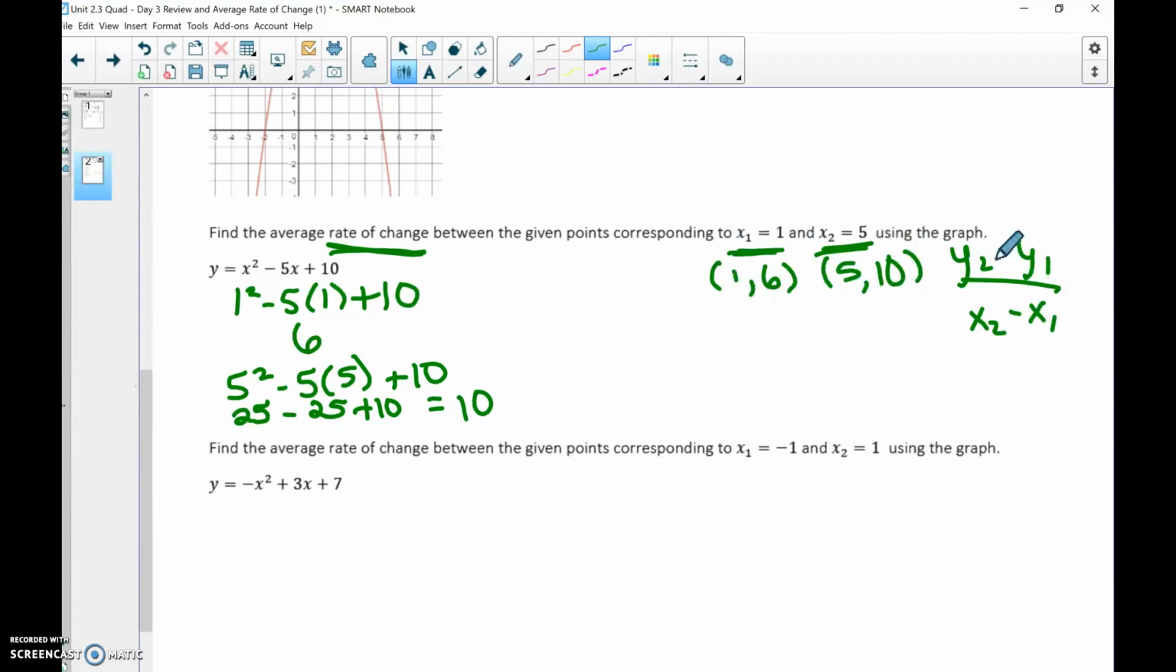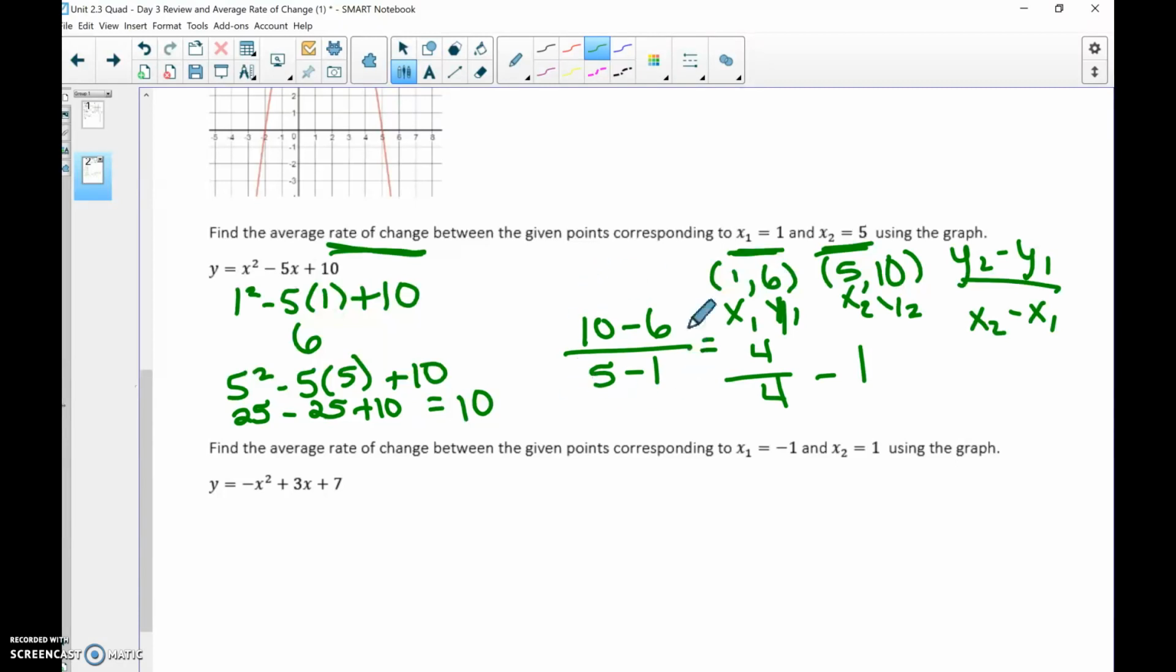Plug them in here. And I apologize for going so fast. This just appeared because I wrote it out already. So I have 10 minus 6 on the top for the y's, 5 minus 1 on the bottom for the x's. 4 divided by 4 actually simplifies down to